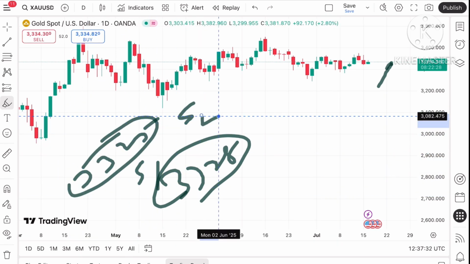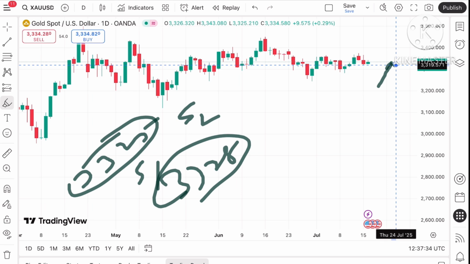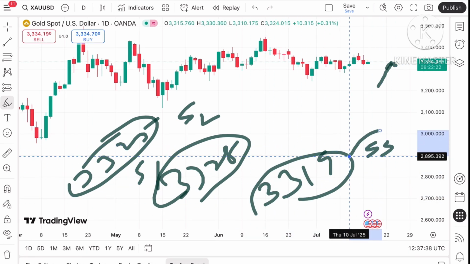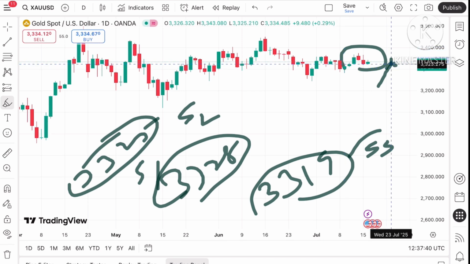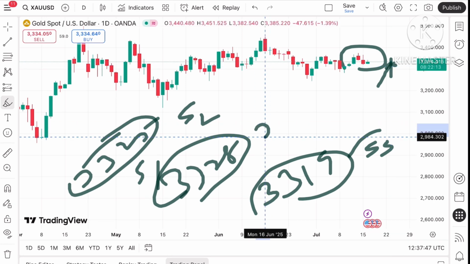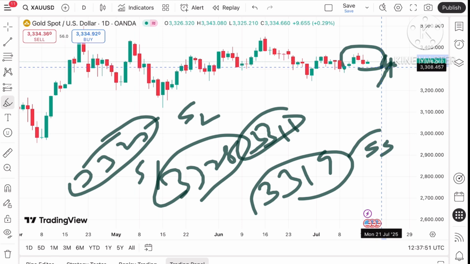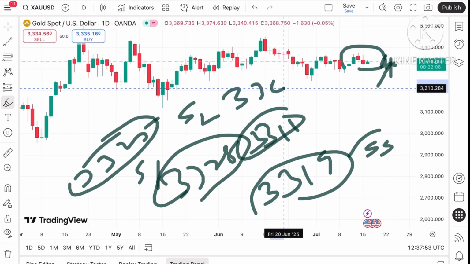Okay, this is support 2, and once it starts falling below this level, it can touch yesterday's low of around 33.19, which is support 3, and then there will be a probability that it can go further downfall towards the next level after 33.19, towards a level of around $33.11. Okay, so the probability of further fall we can see if the price starts going below this level towards 33.08,